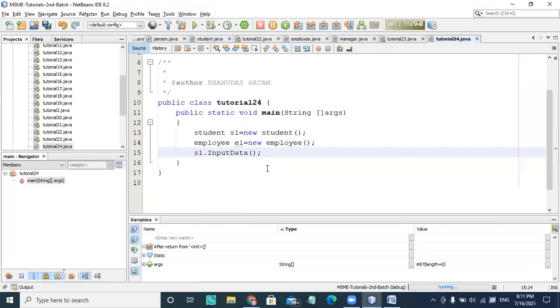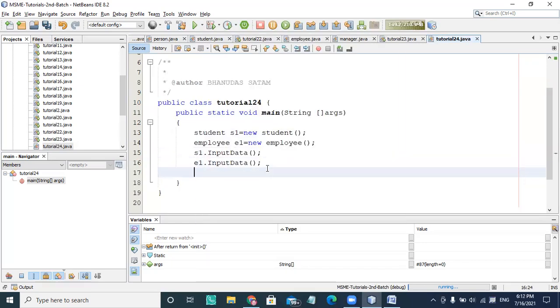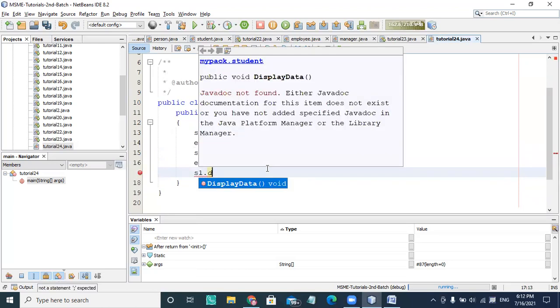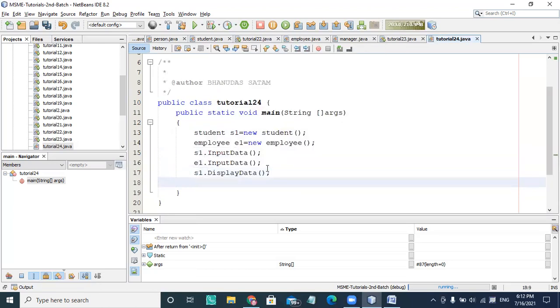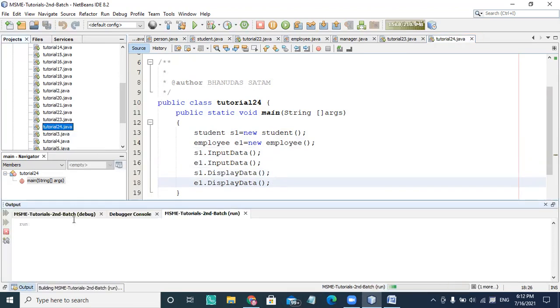So I can choose input data for employee as well as the student, and I can use display data for employee as well as the student. Two separate classes are inherited from the same class. And if I'm handling two different objects, I will use this. If you look, it's going to collect input data for a student first.